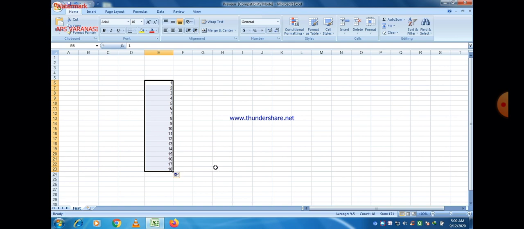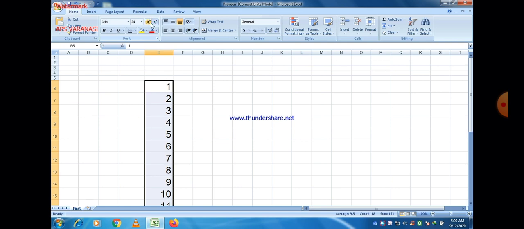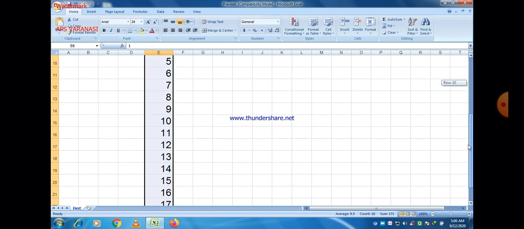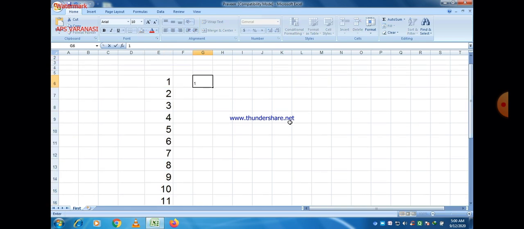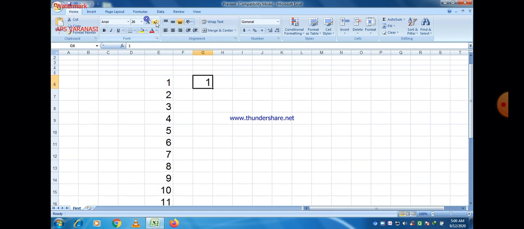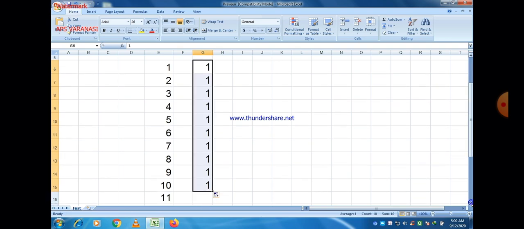If I type 2 numbers, 1 and 2, and then drag those values, we can easily see that numbers automatically come one after another. Just see, there is a series 1 2 3 4 5 6 and it goes up to 18. So this is a feature of MS Excel also. You are not supposed to type a sequence number for each and every value. And if I give only one value and then drag it, you can easily see that all values are 1.